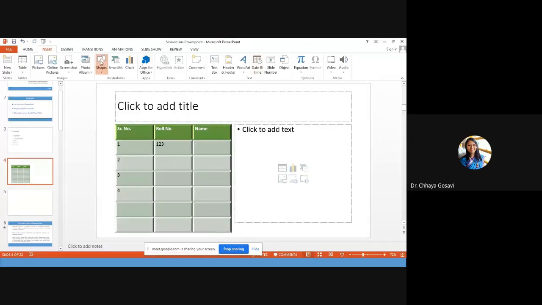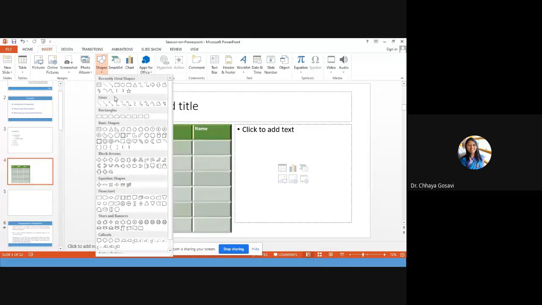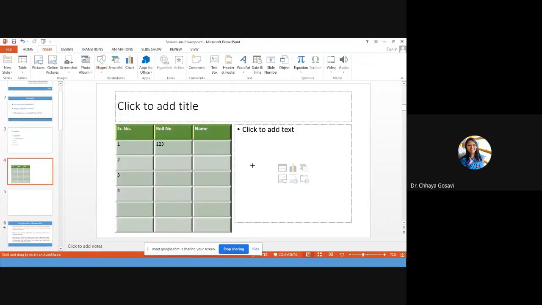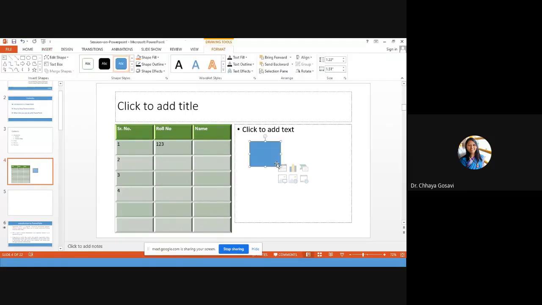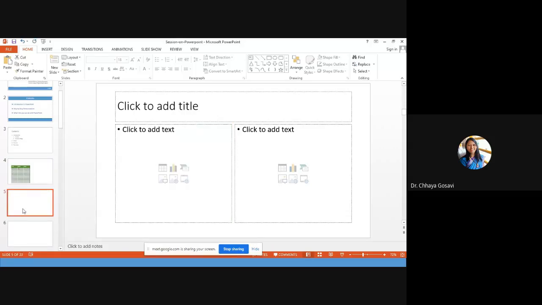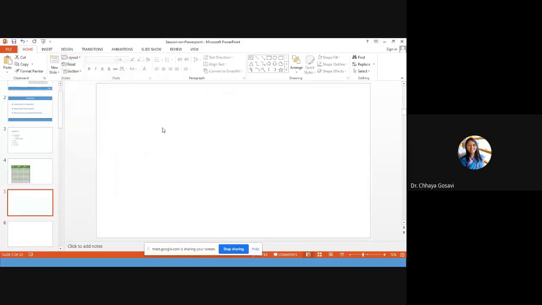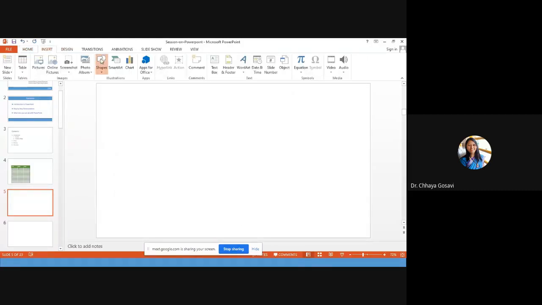In shapes, various inbuilt shapes are given. These are all useful for you to draw any drawings, like if you want to draw a flow chart. Here I want another theme, so I'll change the layout. I want blank. I'll go again into insert and insert shapes.